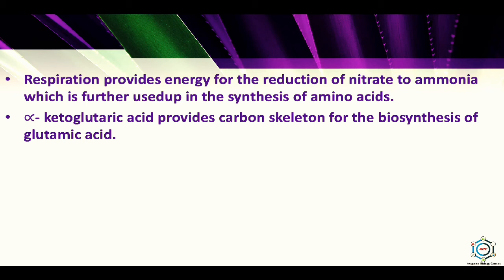Oxaloacetic acid is directly converted to aspartic acid by the transamination reaction, and alanine is formed from pyruvic acid. These are important amino acids for protein synthesis. They can further give rise to other amino acids by transamination reactions, which are used in the biosynthesis of proteins, purines, pyrimidines, nucleic acids, and other metabolic products.